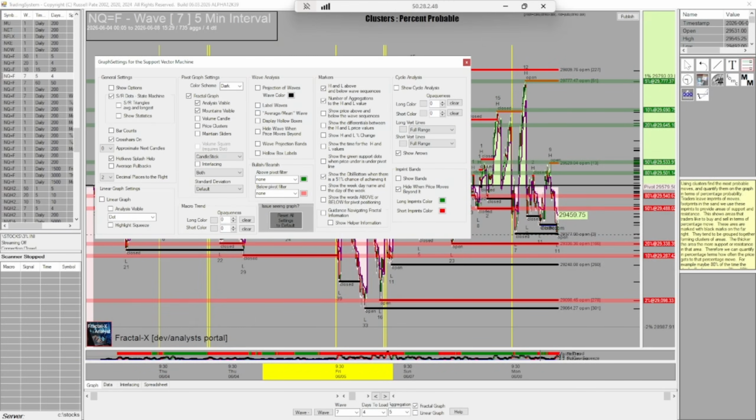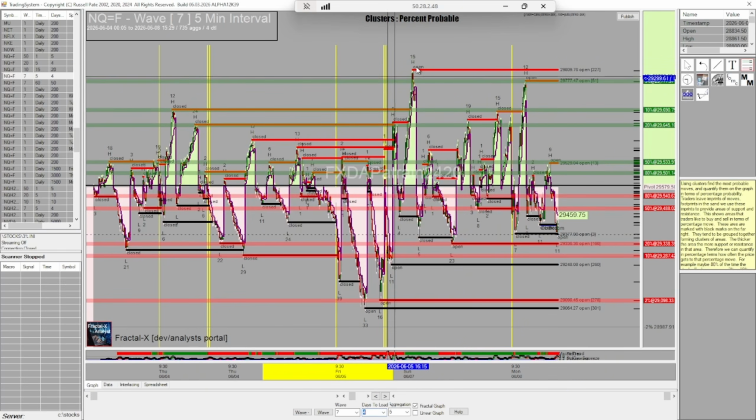And there's a lot more settings that we can go over in the future. So that's how you get these open states to show up on your chart. And these are similar to clusters in the sense that they're being left behind at previous highs and lows of these cycles. Now, the way that Russell first explained it to me years ago when I started learning is the market likes to stay in balance. So even though it's a non-linear chart, we're still going to look for these previous highs and lows to be